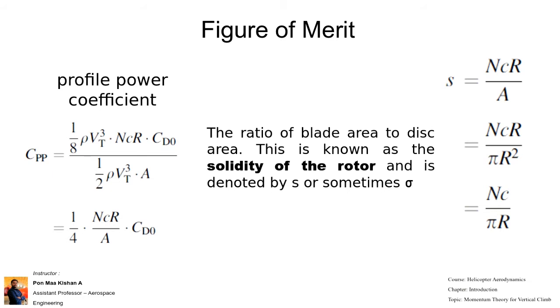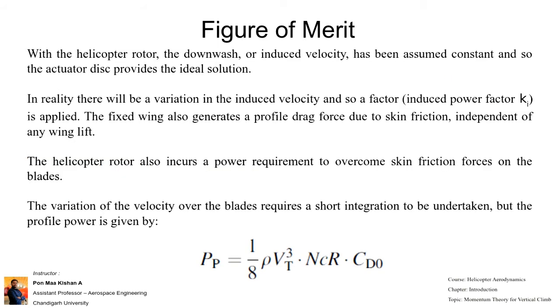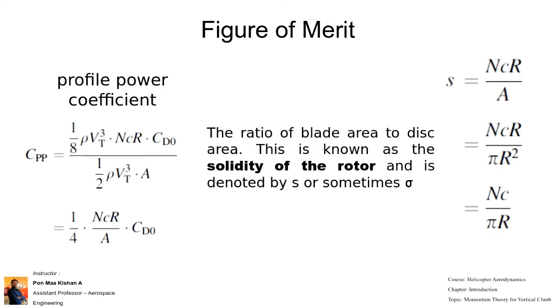Right, so the coefficient of profile power. When we are speaking about non-dimensionalization, we have to divide the profile power by our reference power. So when we divide the profile power by half rho Vt cube into A, all those other factors cancel. So the final equation we are getting is